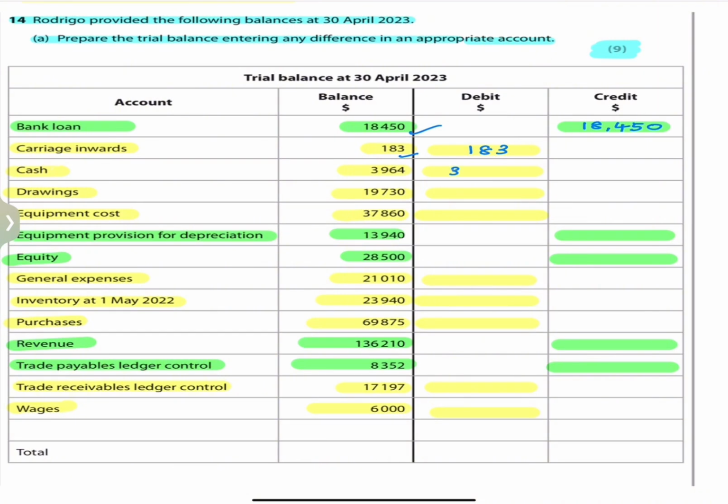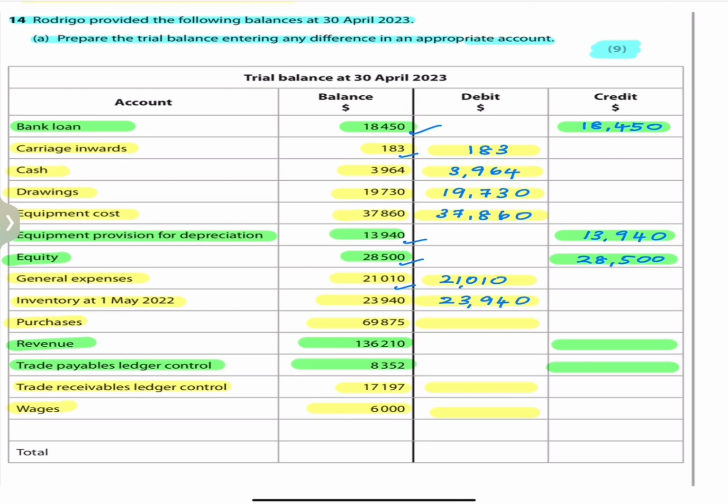Cash debit 3,964. Drawings debit 19,730. Equipment debit 37,860. Equipment provision for depreciation credit 13,940. Equity credit 28,500. General expense debit 21,010. Inventory debit